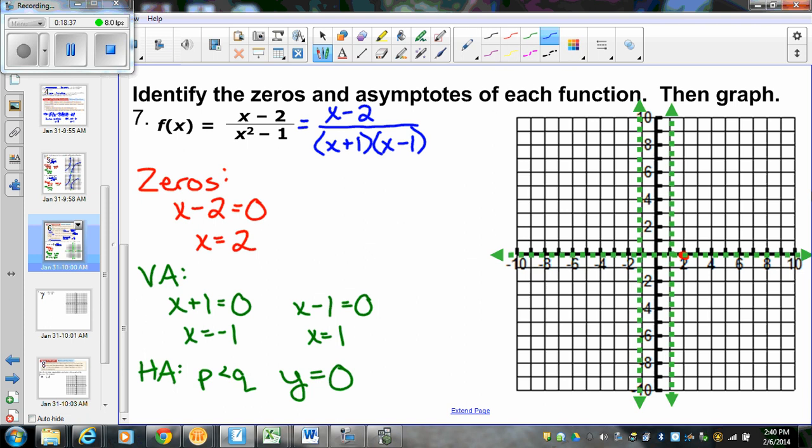And then to figure out what exactly it looks like, see all these asymptotes here, we're actually going to have 3 parts to our graph. You're going to have a part that's down here. On those sides of the asymptotes, we're going to have almost a parabolic shape. In between these 2 vertical asymptotes, and then we're going to have a third one